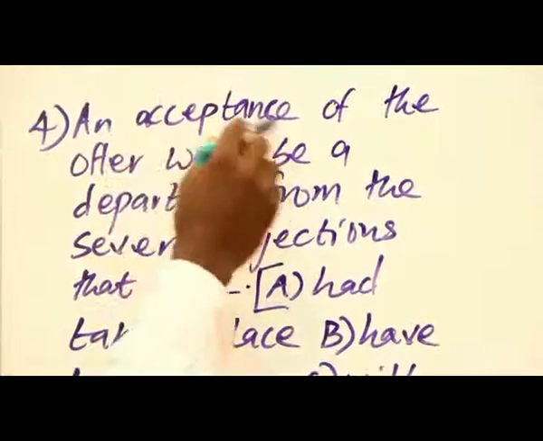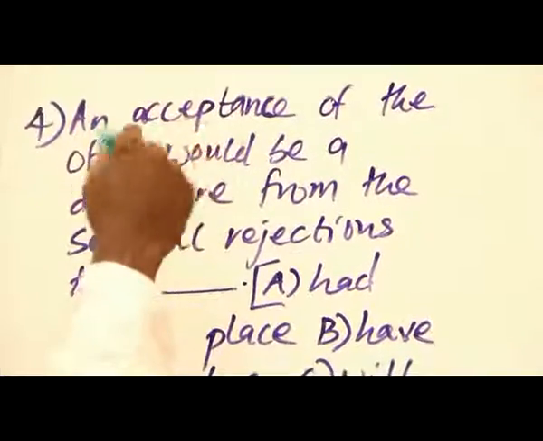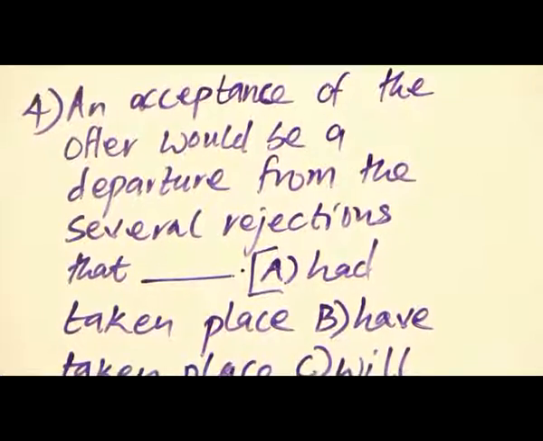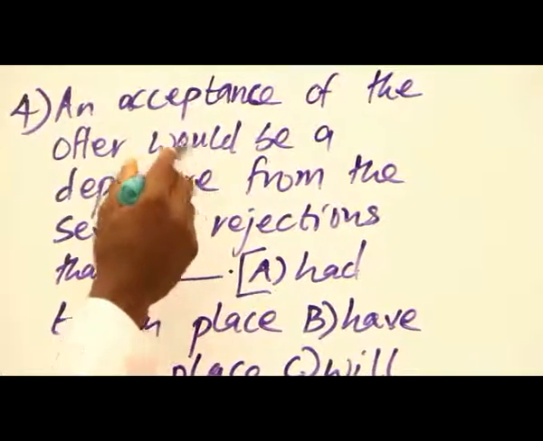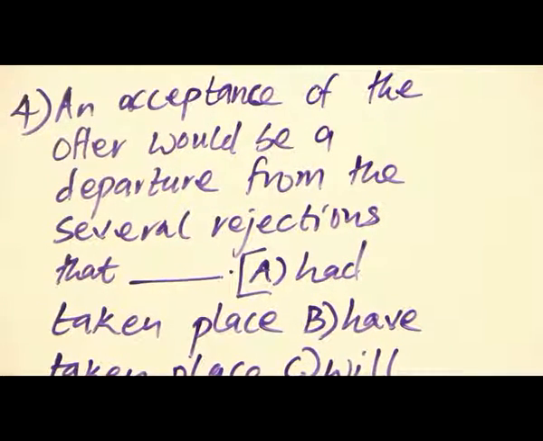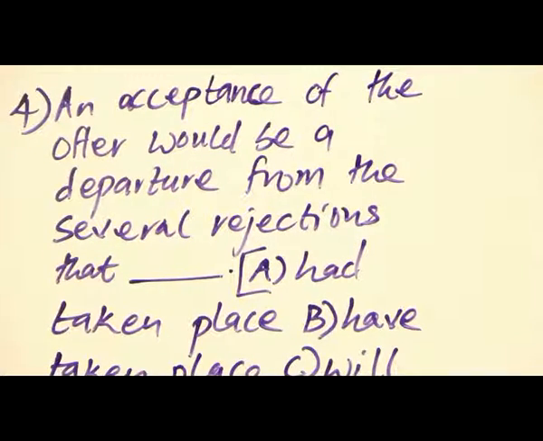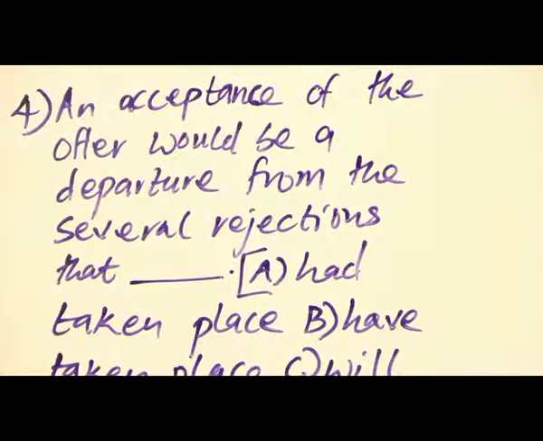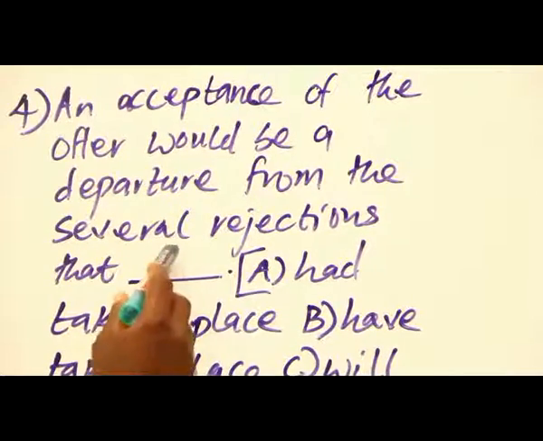This would, the verb here, is the past form of will, the modal auxiliary will. This is a past form, and it's indicating that what should be here will be past. So that can help us to remove B, which is have taken, and then C, will take place. So these two can conveniently go. Now we look at A and D. Now if you look at A, had taken place, which would be a better candidate here